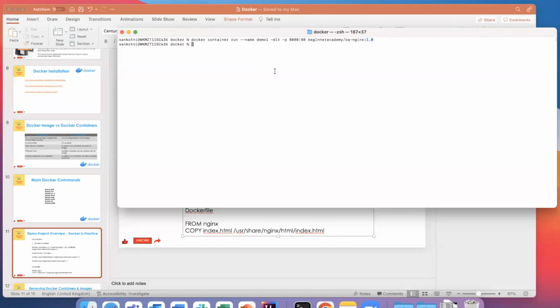Before that, I'll show you nothing is running. docker container ls is nothing but listing out whether any containers are running on my laptop. You could see nothing is there. The next command is to check images, docker image list. There are no images there. So what I will do now is